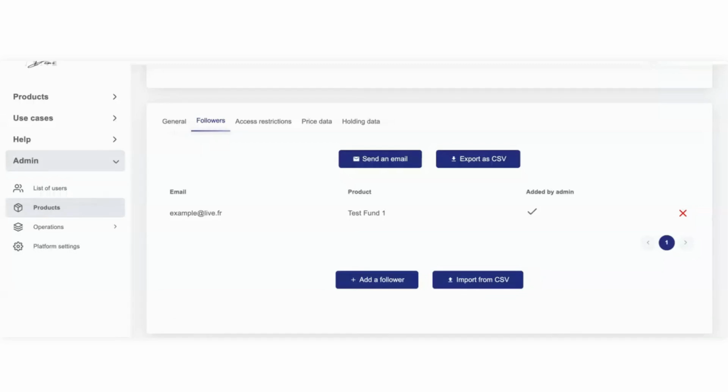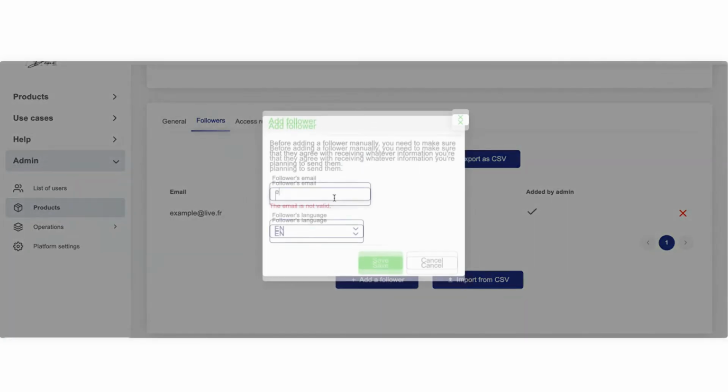The Followers tab makes communication also easier. With just a few clicks, you can send a grouped email to all users following a specific product, keeping them informed about important updates or market insights. If you need an overview of your audience, you can export all followers and their contact details as a CSV